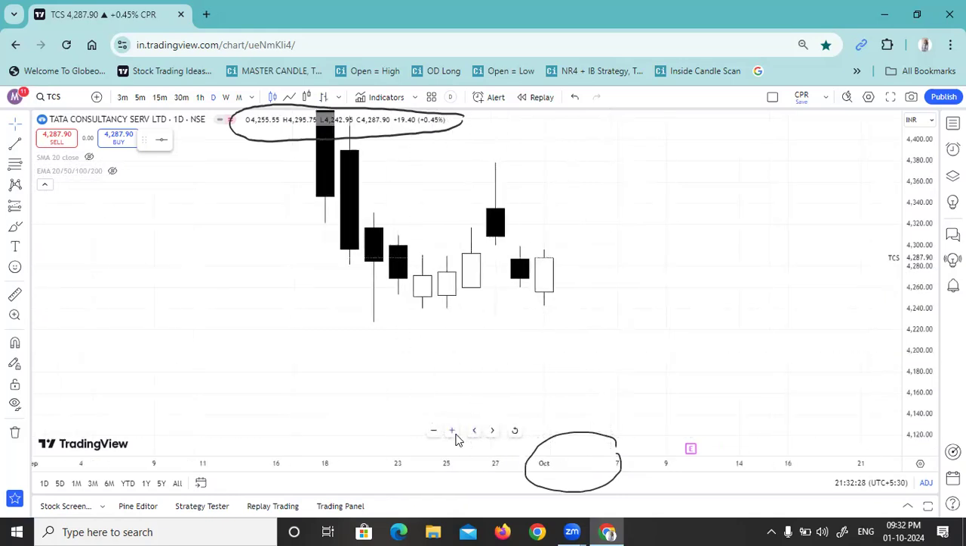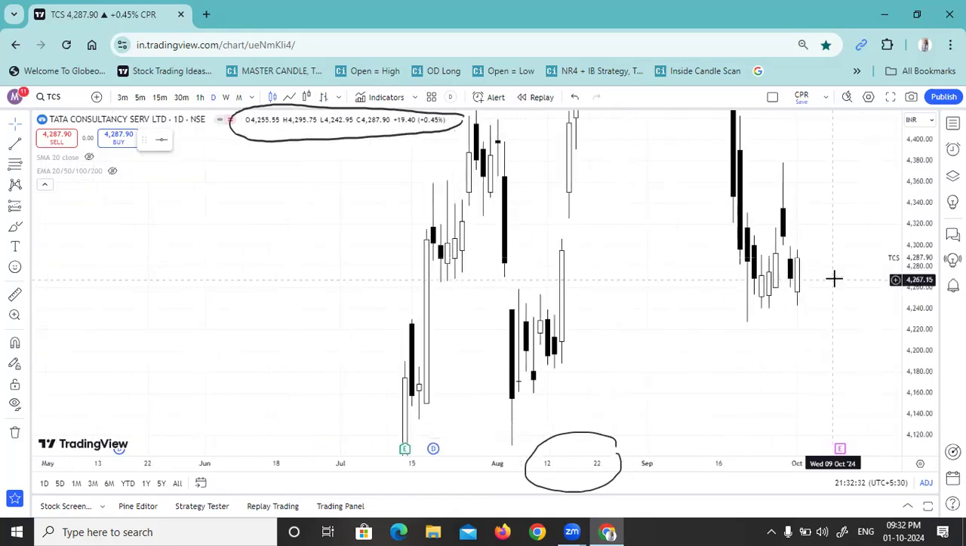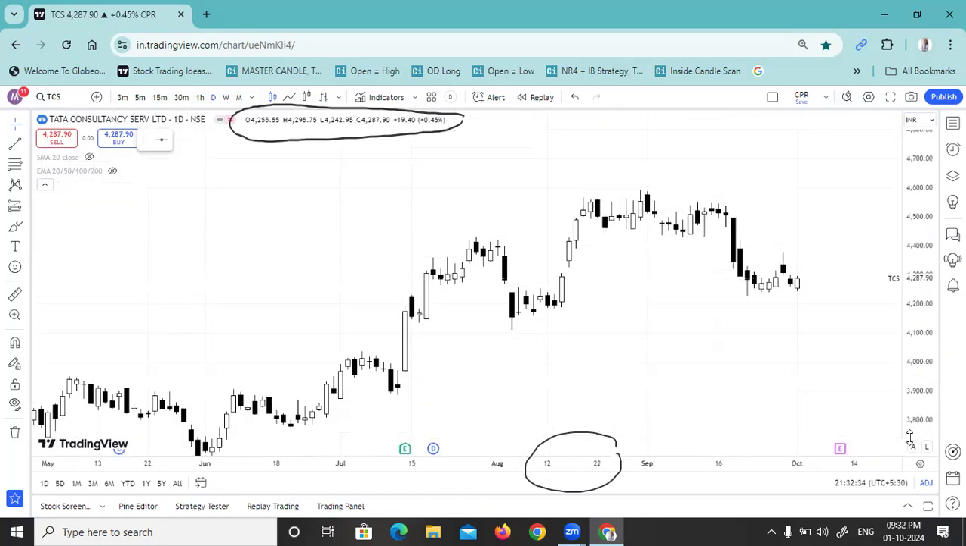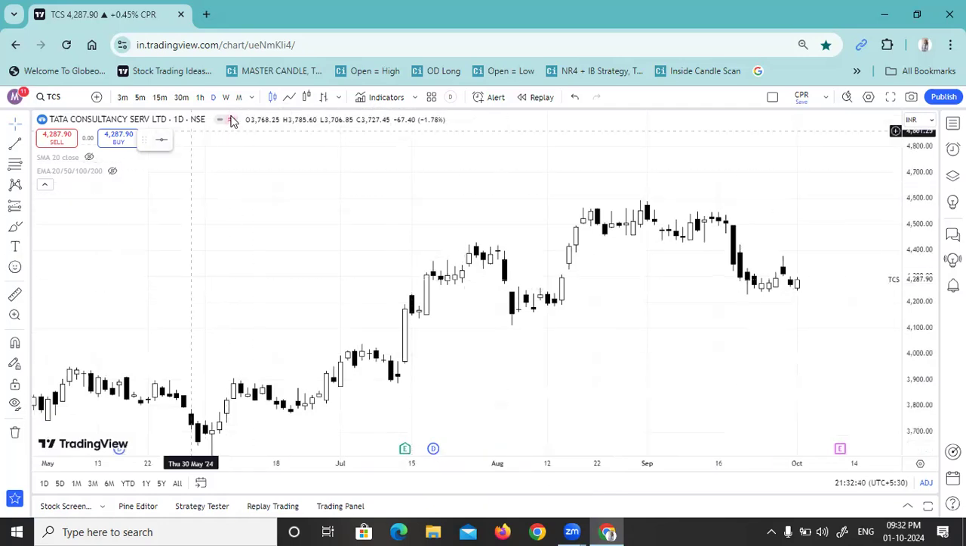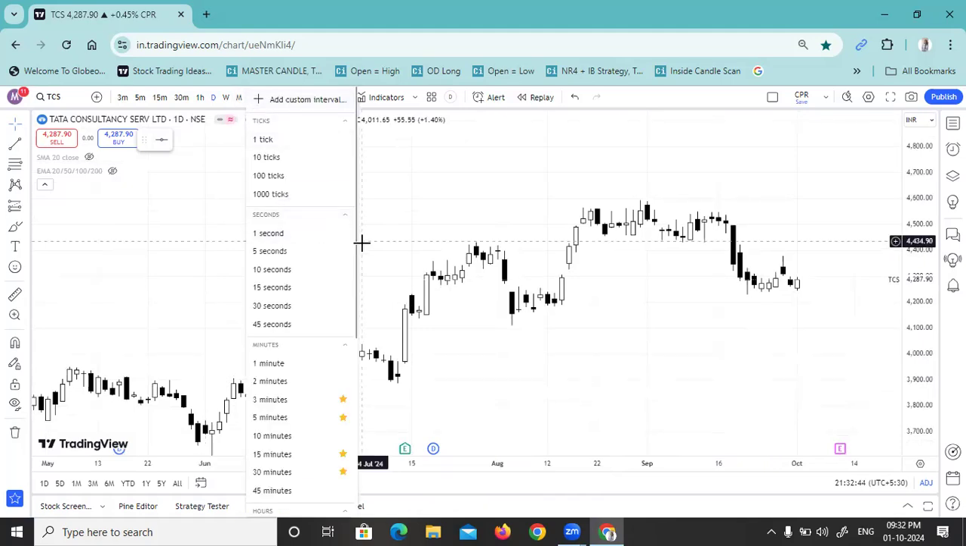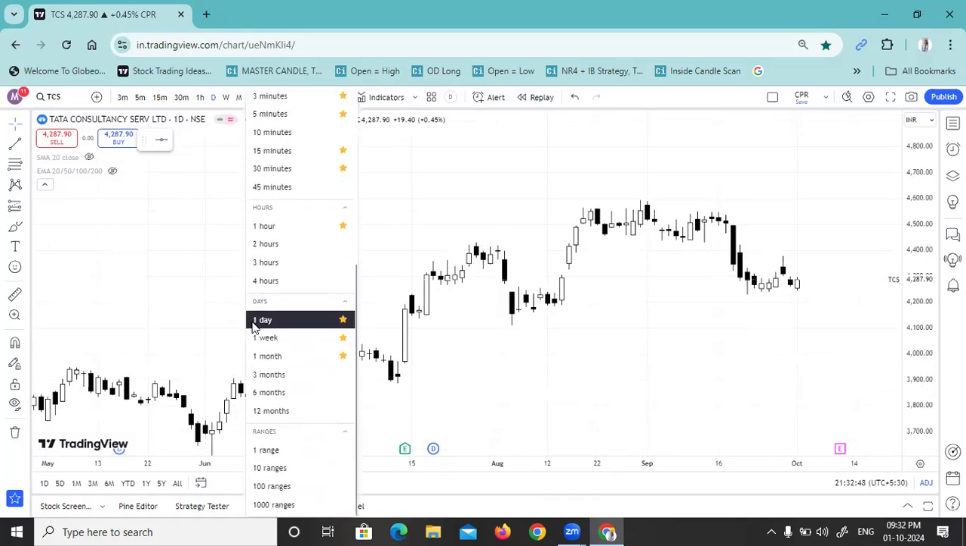And here you can use this plus sign for zoom in. Okay, you can use minus sign for zoom out. And we all are looking at daily chart. Okay, so look at this arrow. When you click here you will get the different time frames. As of now, we are looking at